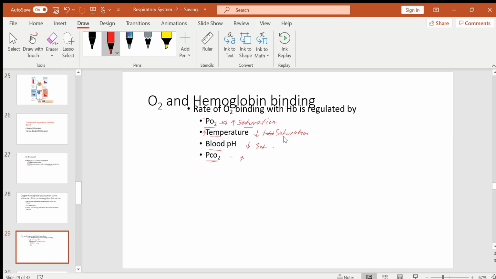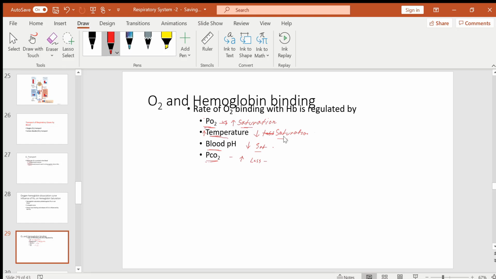Only when the pressure of carbon dioxide is high, in that case the saturation will be low. If the temperature of the body is high, saturation will be less. If the pH is low, saturation will be less, and if the carbon dioxide pressure is high, saturation will be